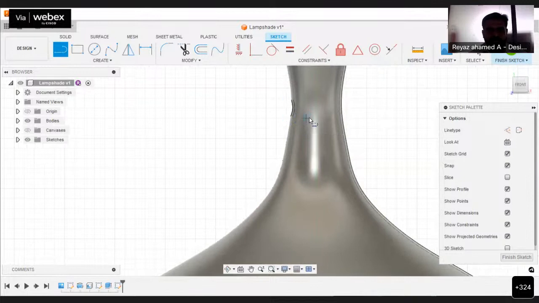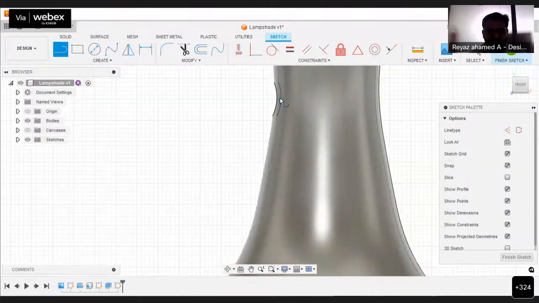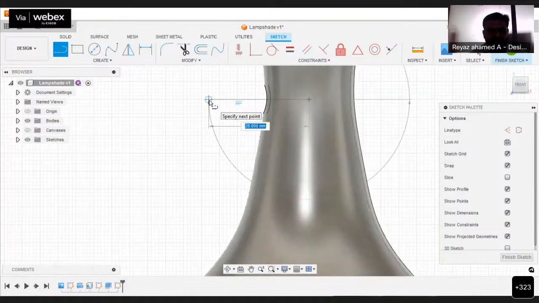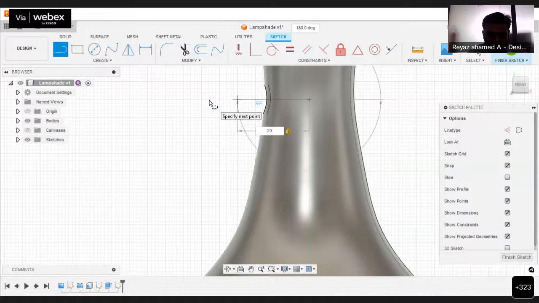Okay. So now I can create my path with the help of this hole, because we have to place my line at the center of this hole, right? So let me choose this point as the start point of that particular path. Let me click here and then move my cursor leftwards. It automatically asks to give the value. By default, the value is showing as 28 mm. Let me give the value as 20 mm and then press enter. If you give 20 and then enter, the dimension automatically gets locked for a length of 20 mm.